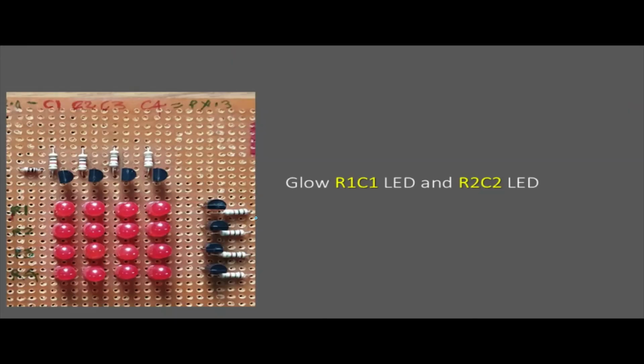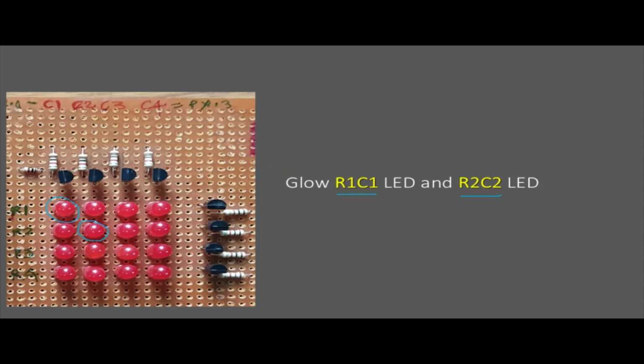Before concluding, let me tell you one thing: the programs which we did until now have worked perfectly fine. But there are certain combinations where our logic would fail, or we have to revise the logic. Let us take the example that I want to glow 2 LEDs. First is the R1C1 LED and second is R2C2. This is R1C1, which belongs to row 1 and column 1, and this one is R2C2, which belongs to row 2 and column 2.